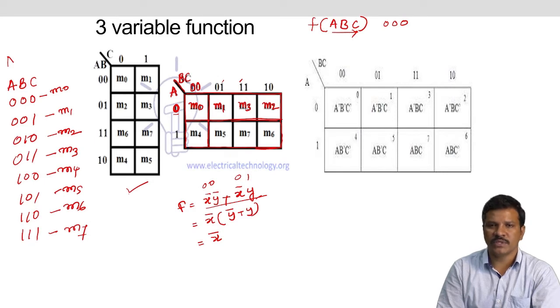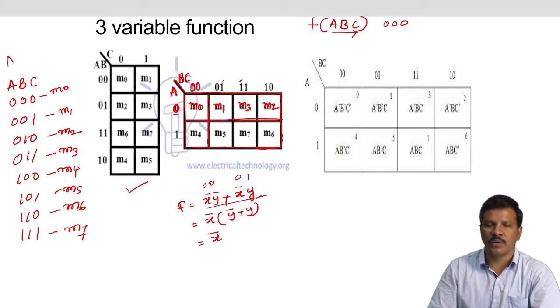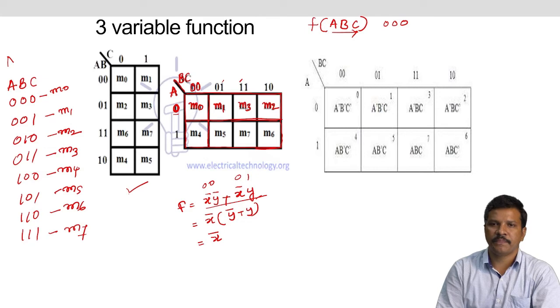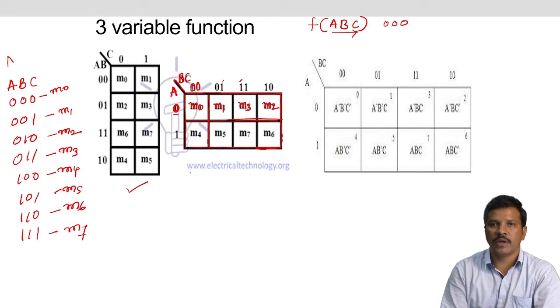When we have two adjacent minterms, definitely one variable appears in two ways, normal form and complemented form, so that it can be minimized by taking the common variables separately, and then we can minimize the two minterms into one single literal. Also, we know the procedure to convert binary to gray code. If we want to convert binary to gray, we can take this one and